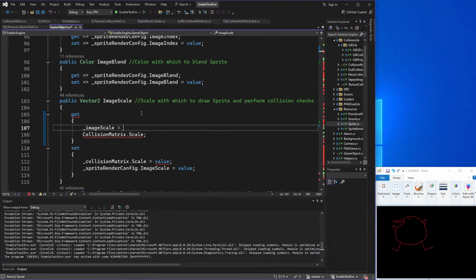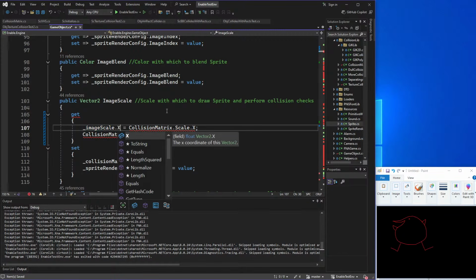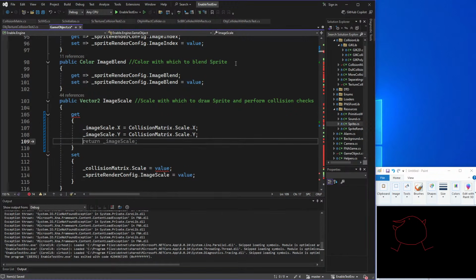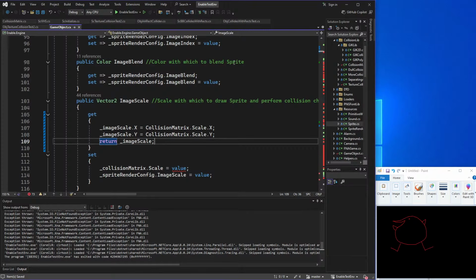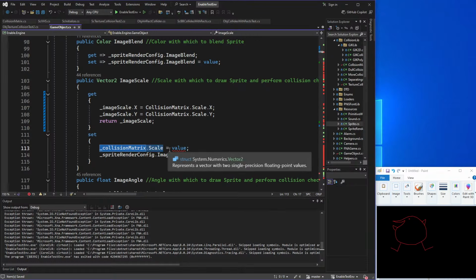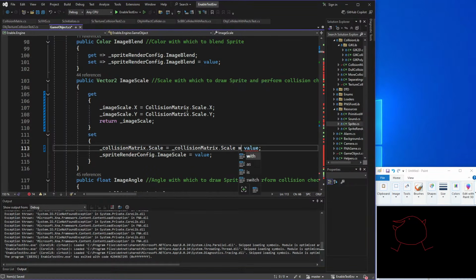Image scale is equal to u dot x dot x and then dot y, and this is the part that gets everybody, dot y, and we're going to return image scale. Okay, fantastic. And now collision matrix dot scale is going to be equal to itself with,